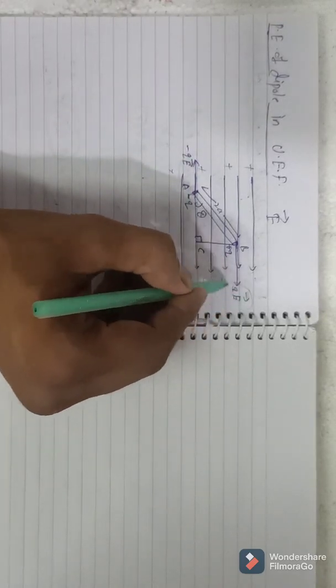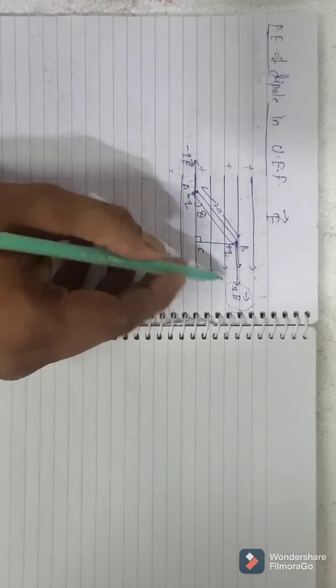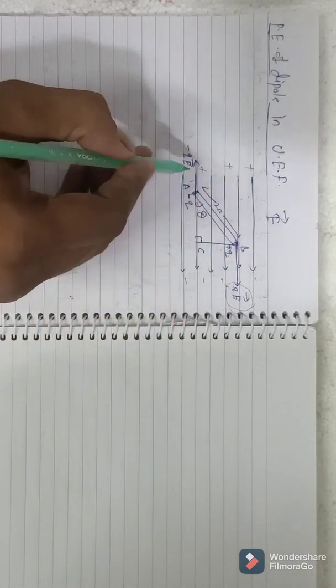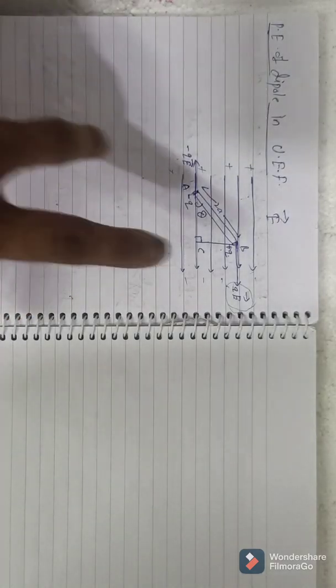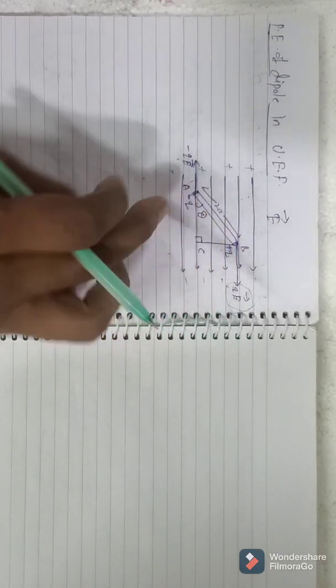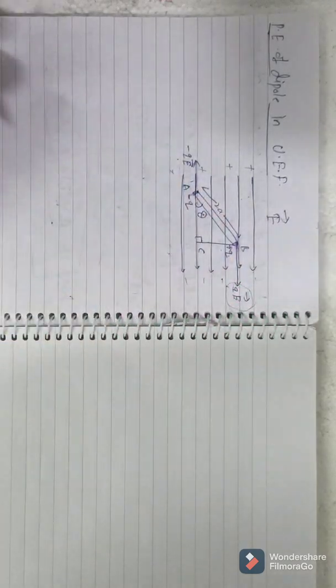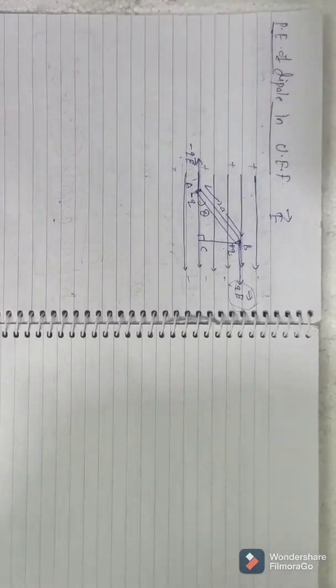The value of force we also know, it is QE and QE. Here the charge is plus Q, so the force will be plus QE. The charge is minus Q, the force will be minus QE. Now we know that when two equal and opposite forces act, they form a torque, and they will try to rotate the dipole in the direction of the electric field. So there will be work done. That work done is stored in the form of potential energy. So that we need to find.